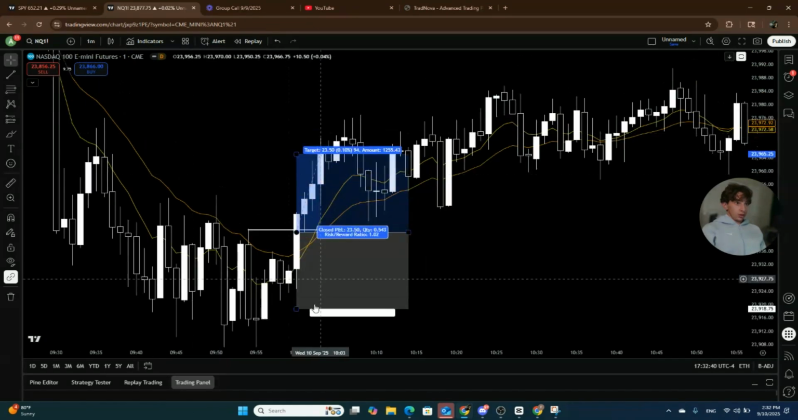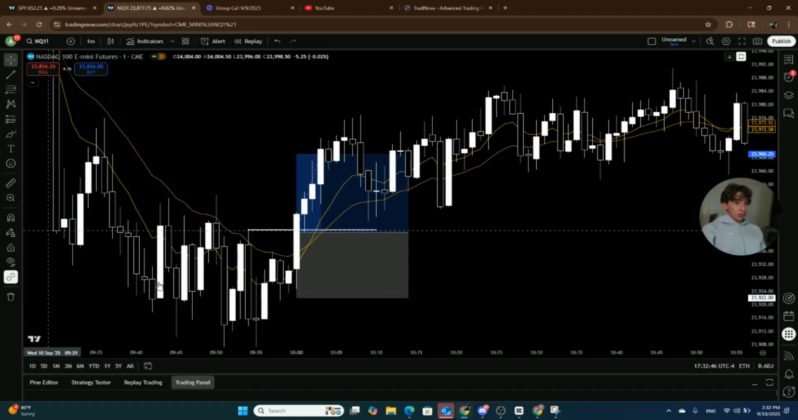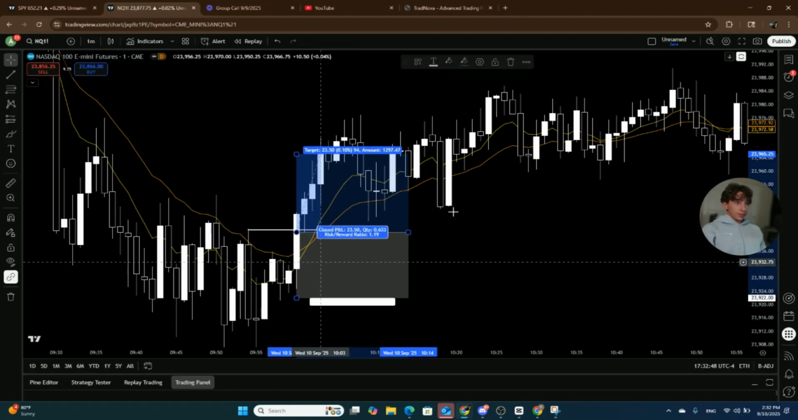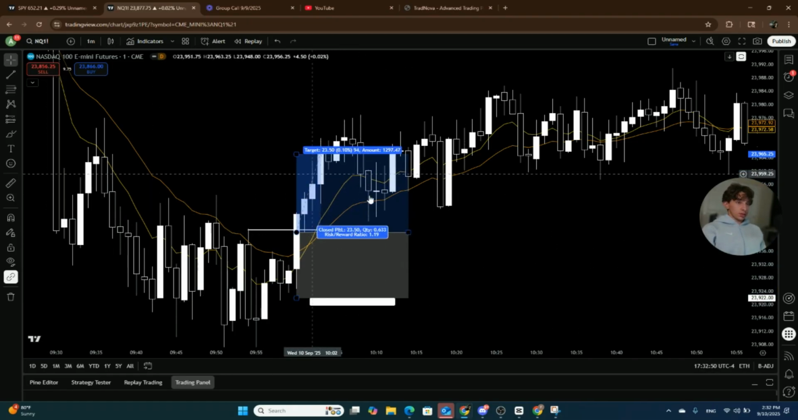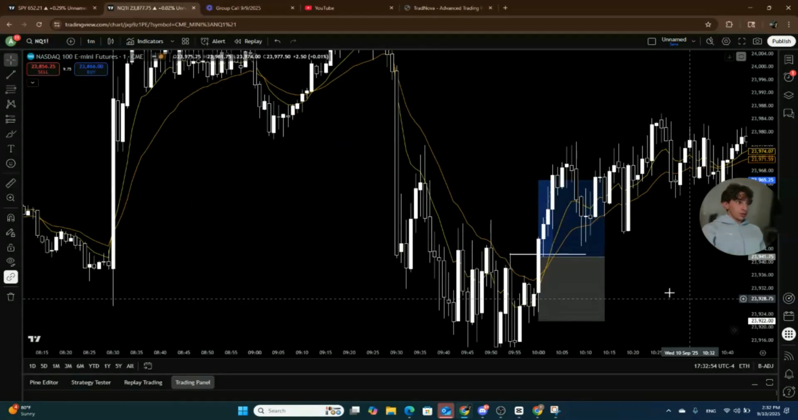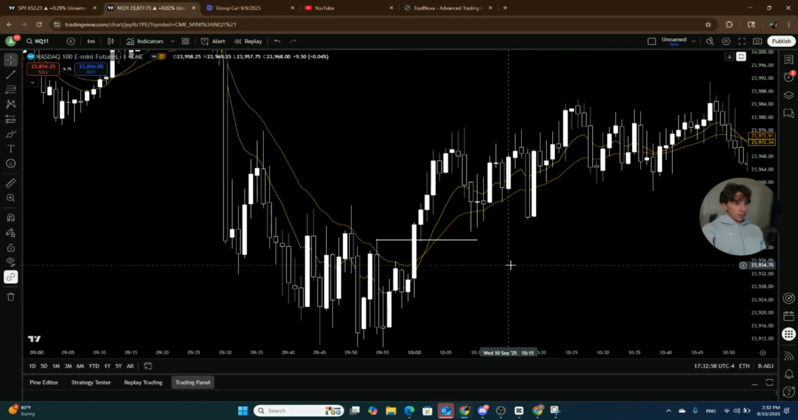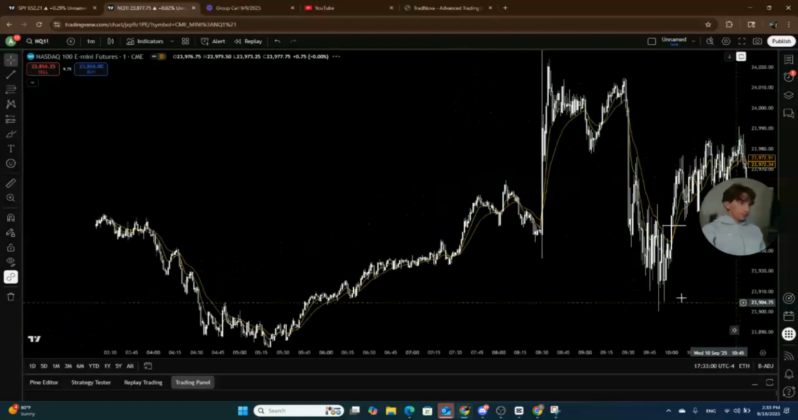You don't have to be greedy. You could have aimed higher, but just don't be greedy. Stop loss at these lows. For 1-to-1, there are better ways you can set stop loss and TPs, but I'm just trying to give you guys the overall idea of why I enter these trades. Very simple. Very, very simple. 1-to-1, give it a 1. Now,